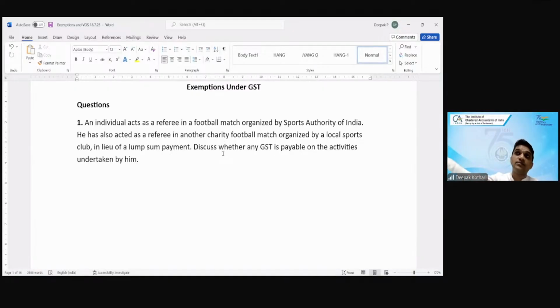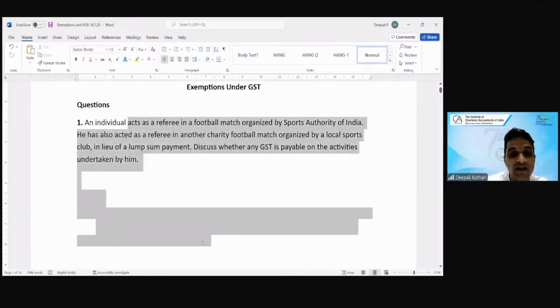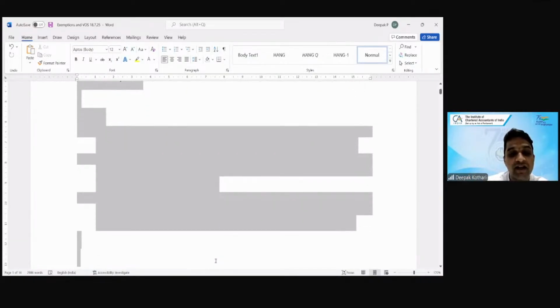But that exemption for a charitable organization applies when they collect something. Here they are not collecting anything. The person who is providing the service is the individual. He is not a charitable organization. So that exemption, Harsha, will not apply to this referee. So the other answer, which was given by most others also, is correct, that this individual who acts as a referee in this